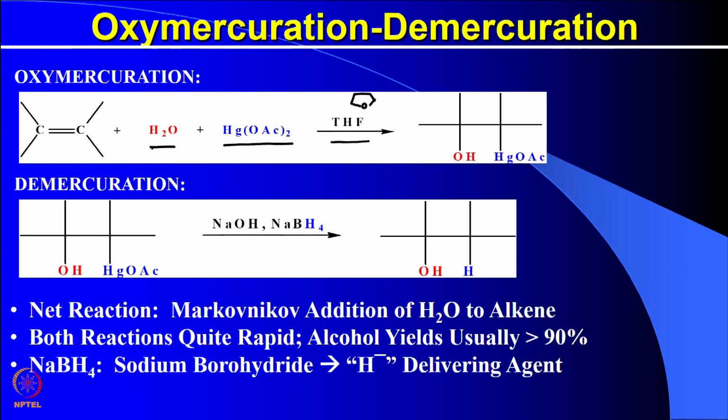And in the demercuration reaction, with sodium hydroxide and NaBH4, sodium borohydride, which is a reducing agent and also a supplier of hydride ion,